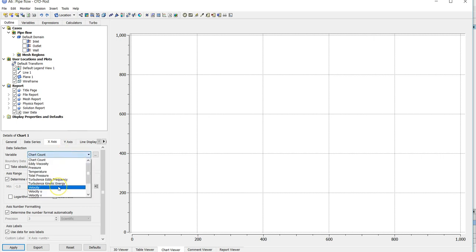So in this instance I want to go Y, because that's the direction my line is moving. Sorry, in the X direction I want it to be velocity in the X direction, and then in Y that wants to be the Y coordinate. Clicking apply,